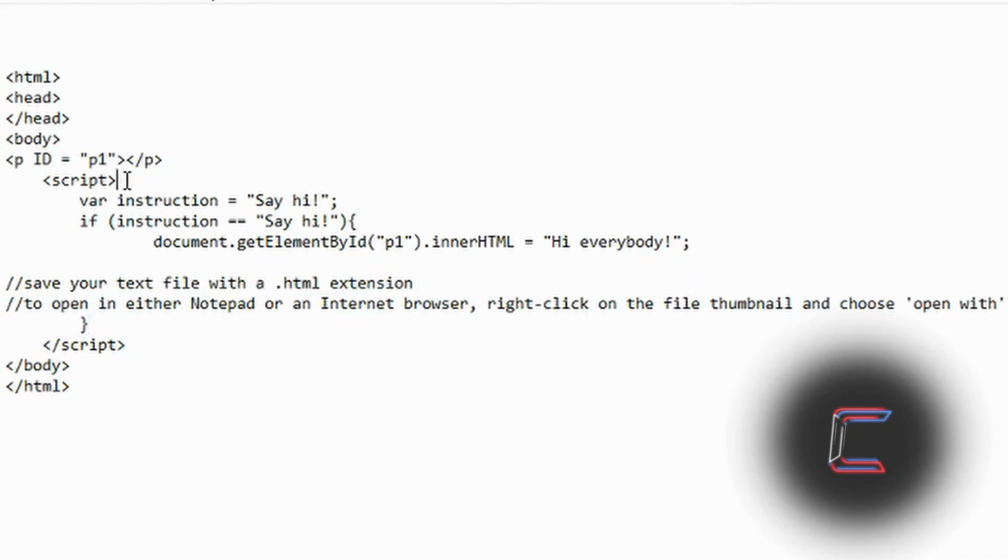Now inside the body I've written the opening and closing JavaScript script tags. At the top I've defined a variable called instruction with the value say hi, and my conditional statement within my JavaScript code is going to check to see whether the variable instruction does indeed have the value say hi assigned to it. If the variable instruction does contain the value say hi, what's going to happen is that the page